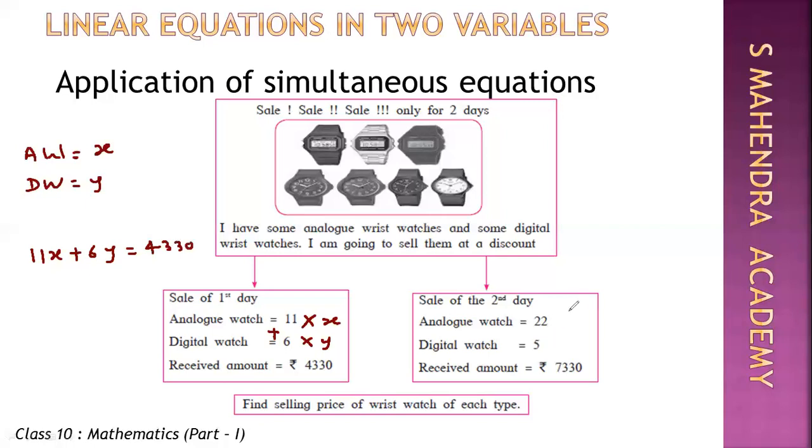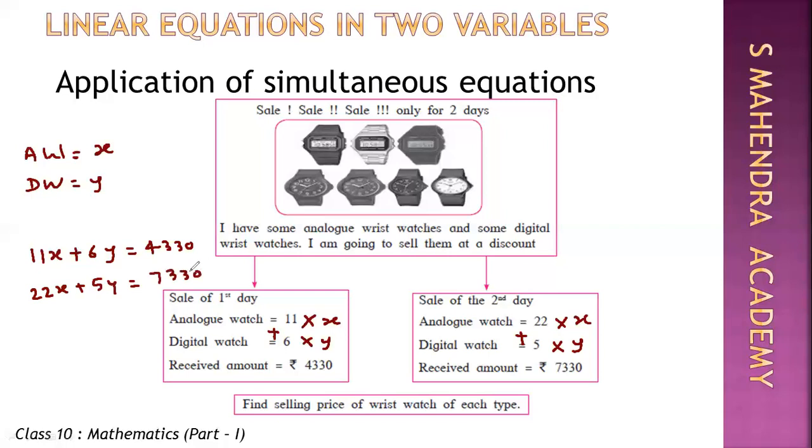For the second, the amount collected from the sale of analog watches will be 22 into x, and from the sale of digital watches will be 5 into y, and the total amount collected will be the addition of these two quantities. So therefore the second equation will be 22x plus 5y is equal to